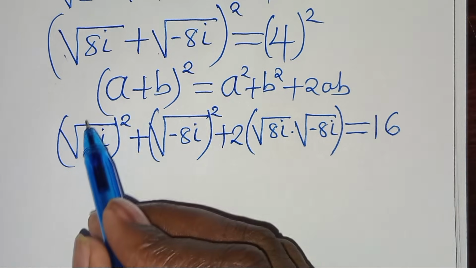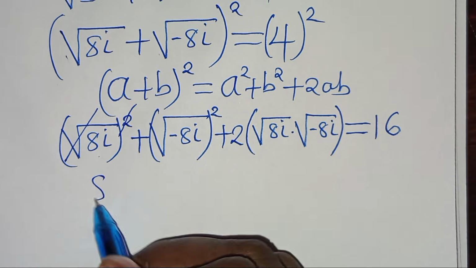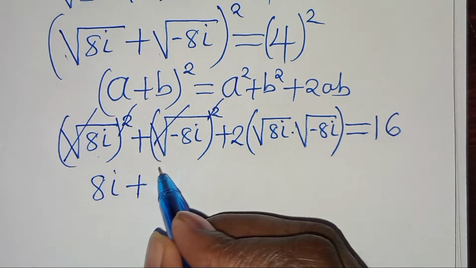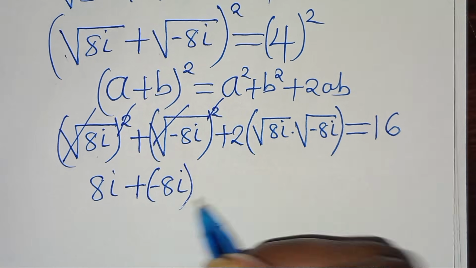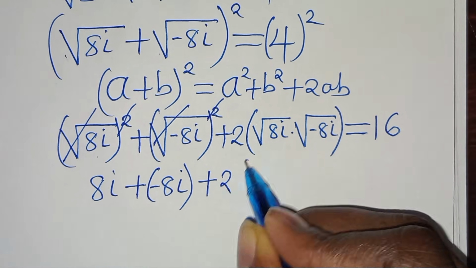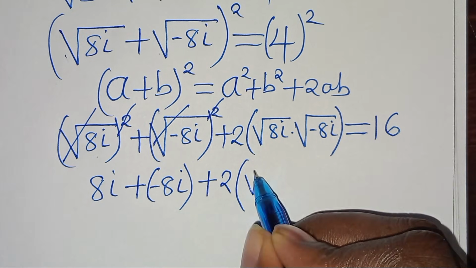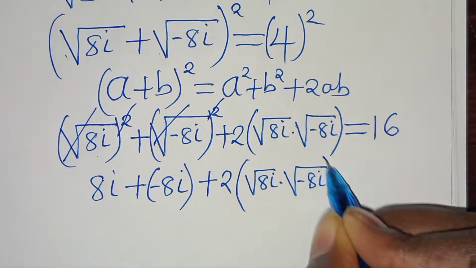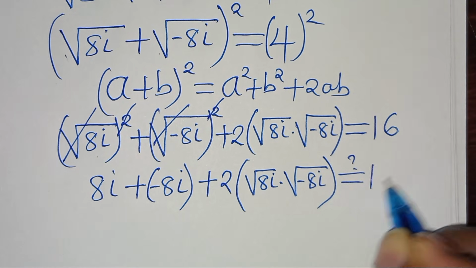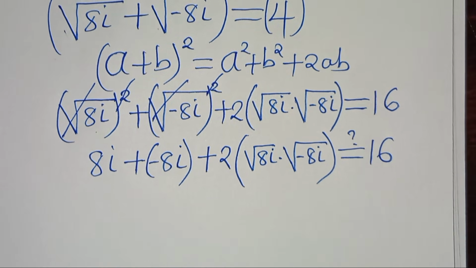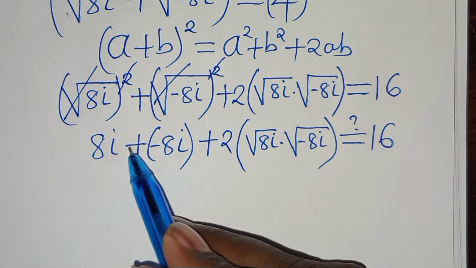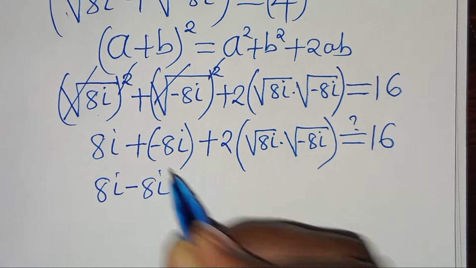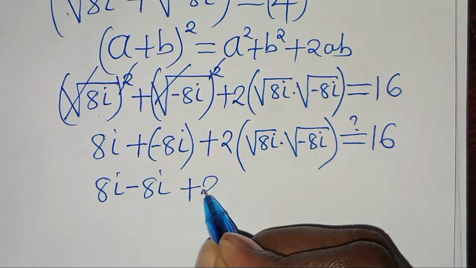Now, let's eliminate the square root sign here. So we have 8i plus, now let's also eliminate the square root sign here, plus minus 8i, then plus 2 into the parentheses. This is the square root of 8i multiplied by the square root of minus 8i. This is supposed to give us a value of 16. Now, we have that plus times minus 8i, this is the same thing as minus 8i, then plus 2 multiplied by,